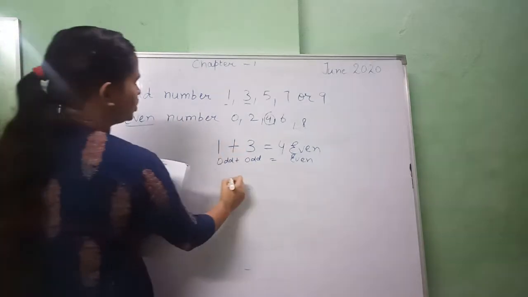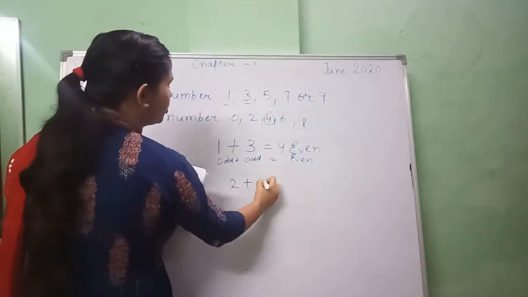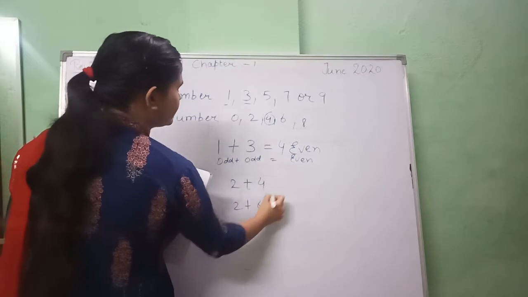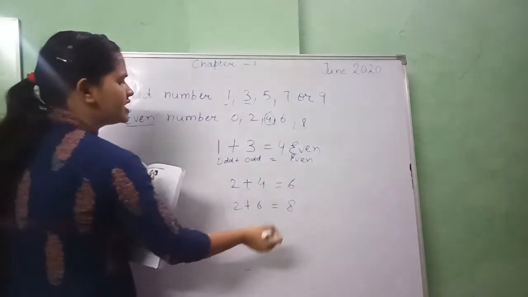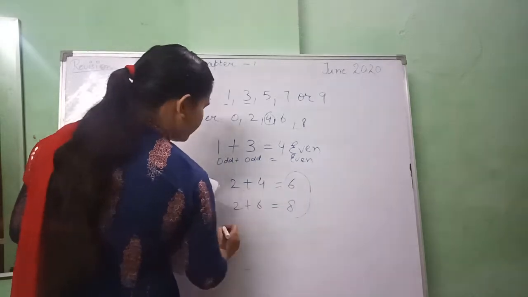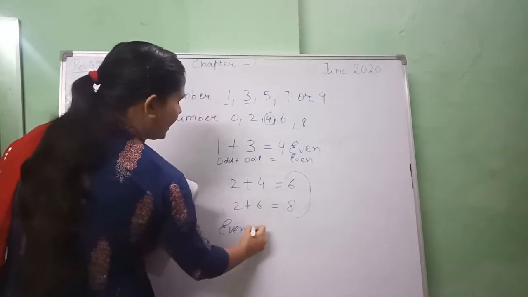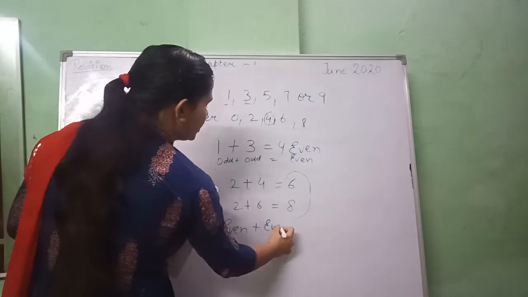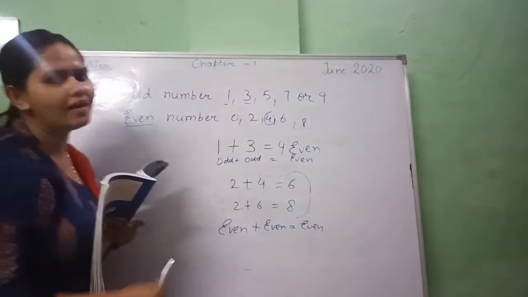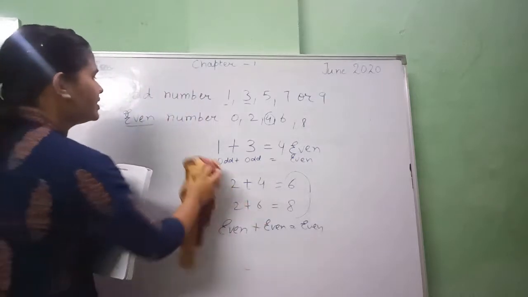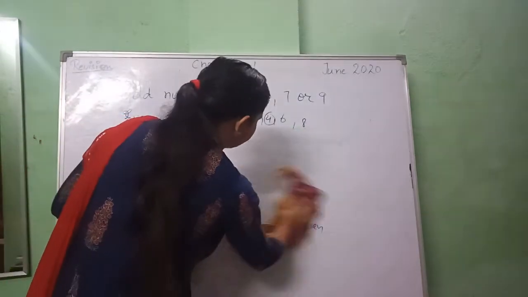If I take 2 plus 4 or 2 plus 6, it becomes 6 or 8. So these will be even numbers, which means when we add even and even, it's equal to even. It's not going to become an odd number, right? So in this way we learn the odd number